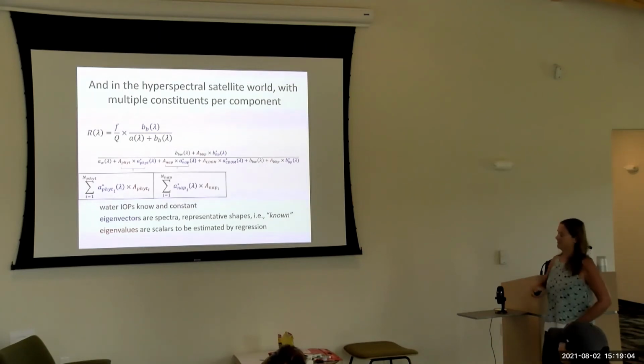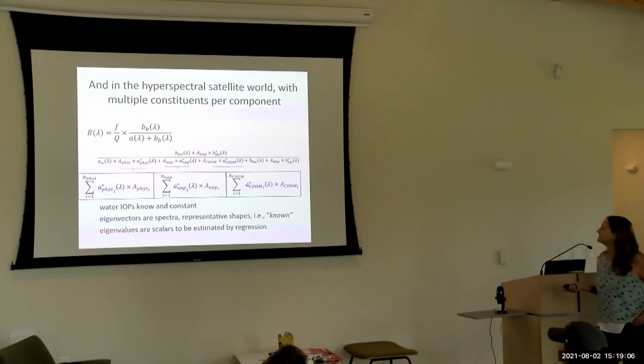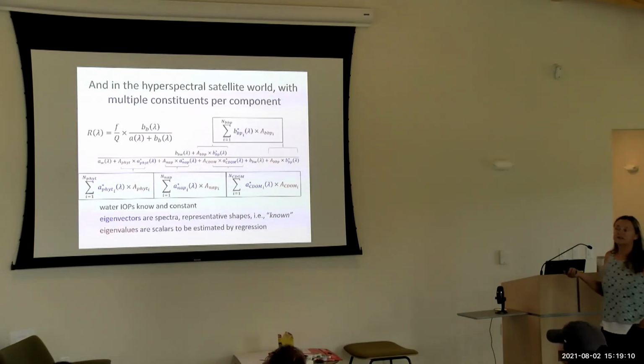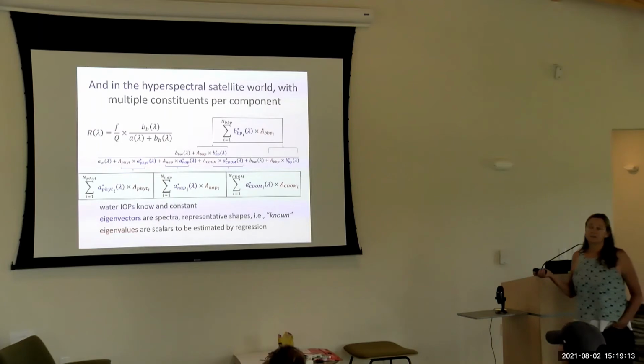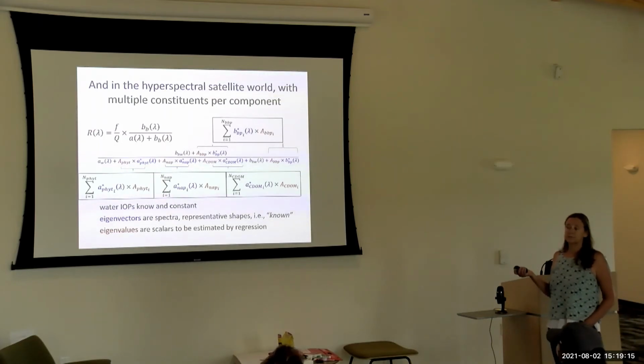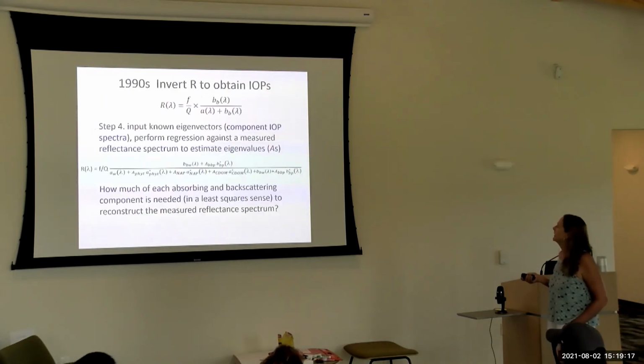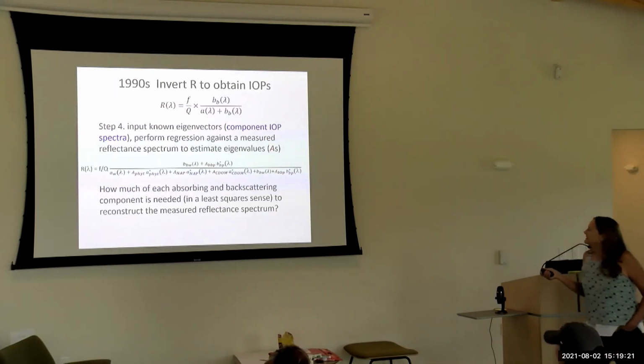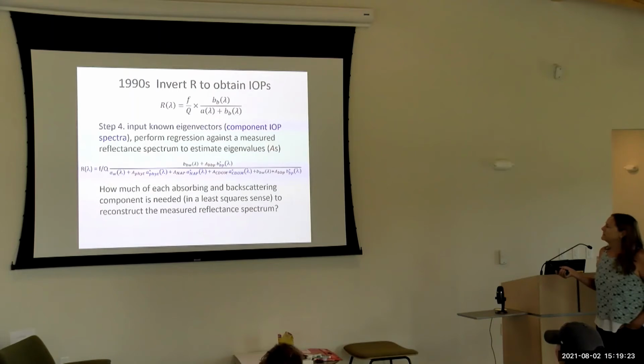Your NAP could be various NAP constituents, CDOM, various CDOM constituents, backscattering various ones. And they show up differently and make this just a little bit more complicated equation, but whatever. Okay. So the next step is that we have these input vectors, and then we just perform a regression against